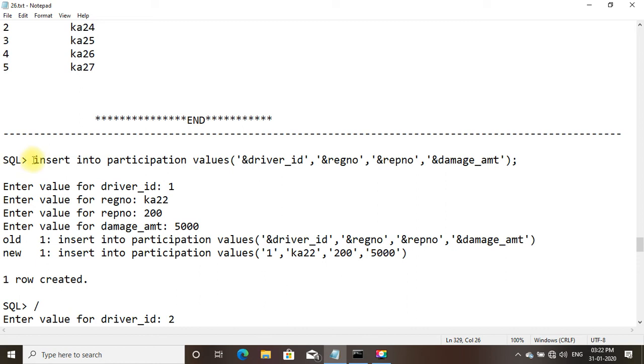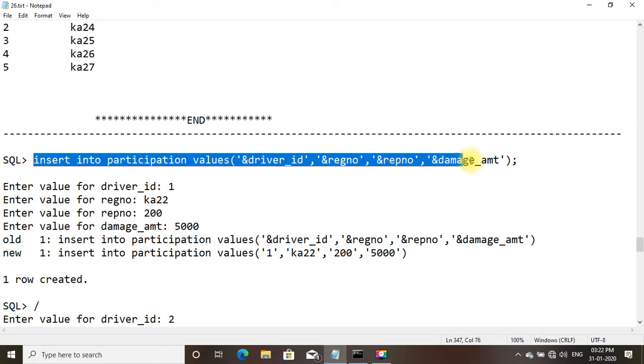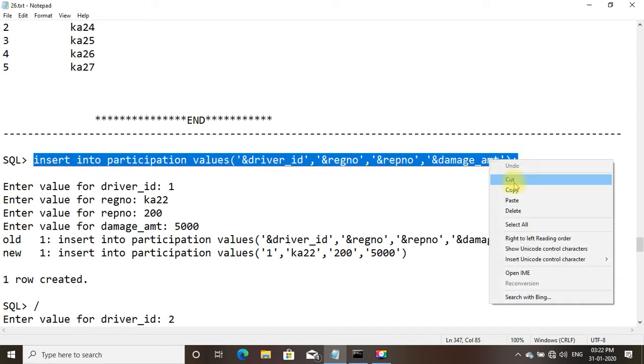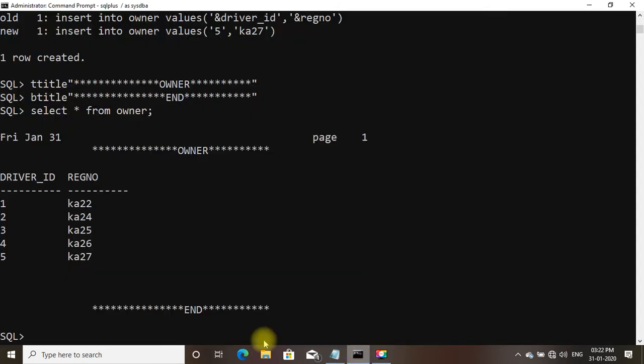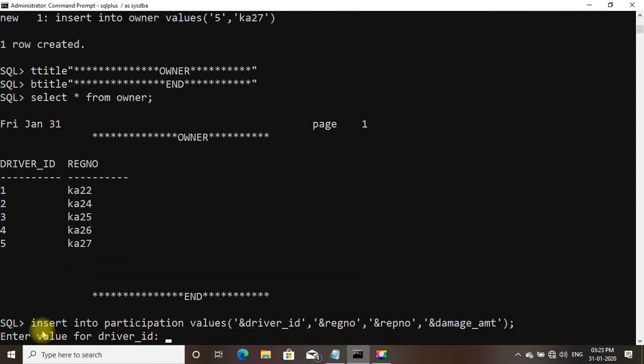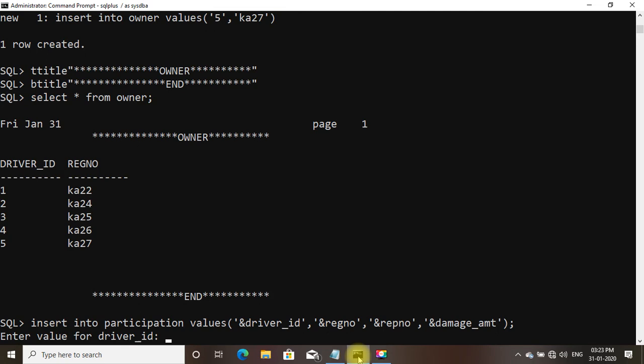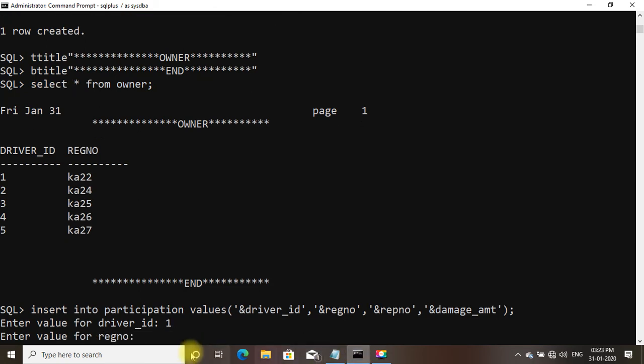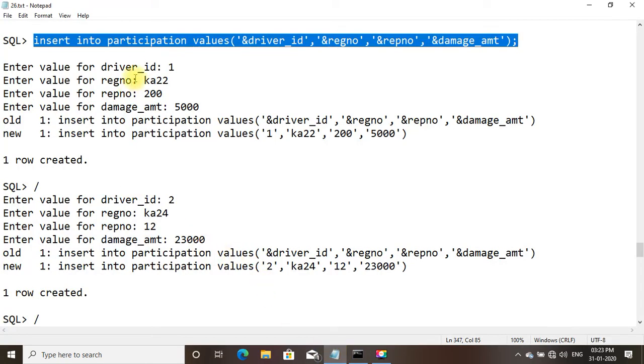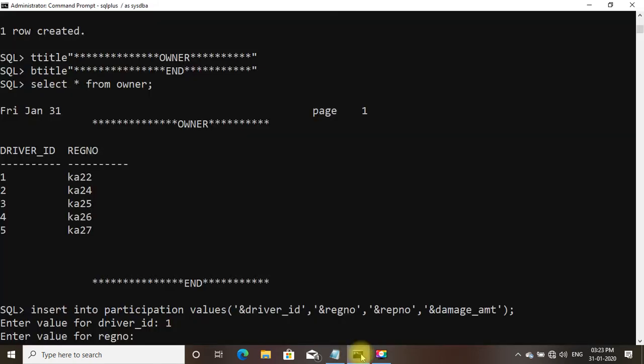Let us insert these values. Copy and paste. It's asking for enter the driver ID. Driver ID is 1. Value for registration number is KA22.